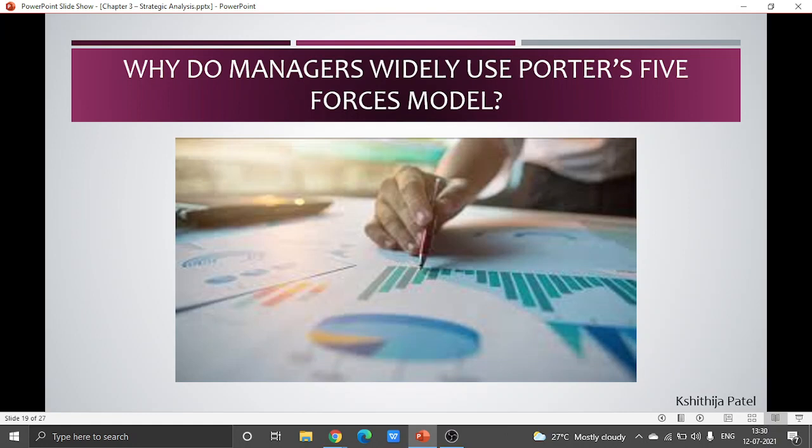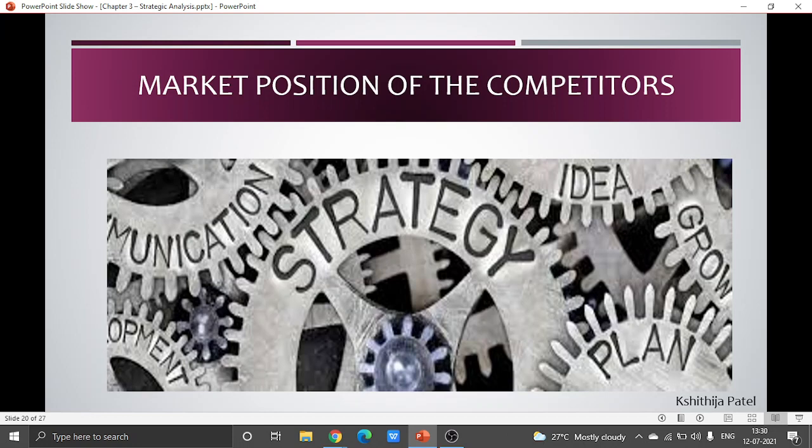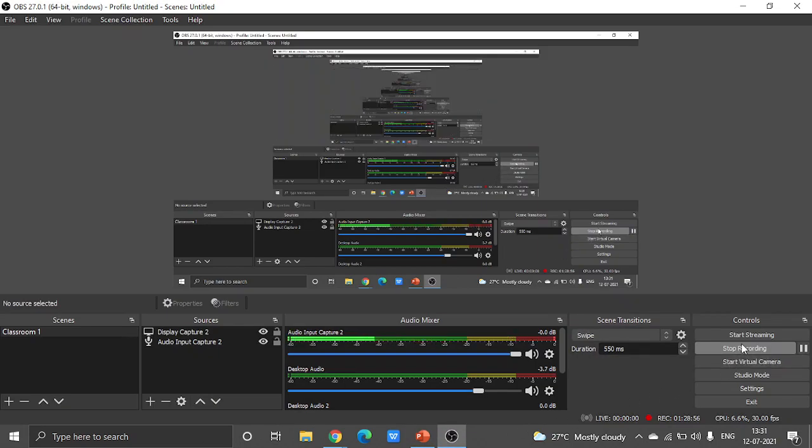Now having spoken about Porter's five force model, there is still to discuss why managers widely use Porter's five force model, and the market position of the competitors. These two we shall probably discuss in the next class. Now since I have kept you all